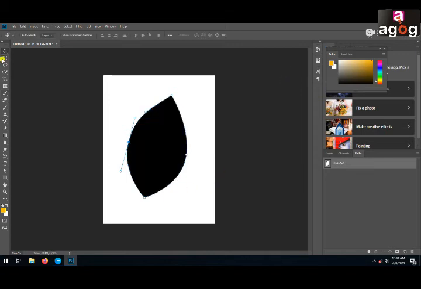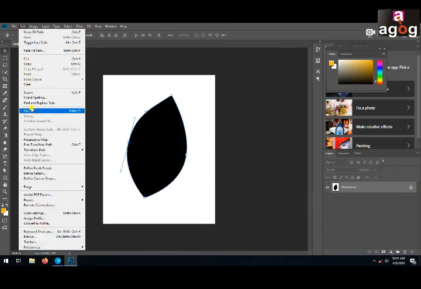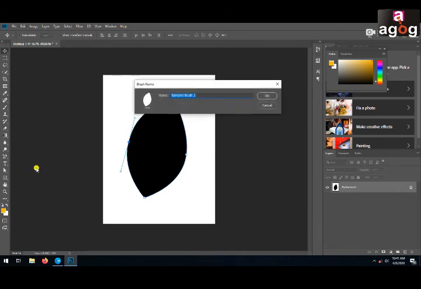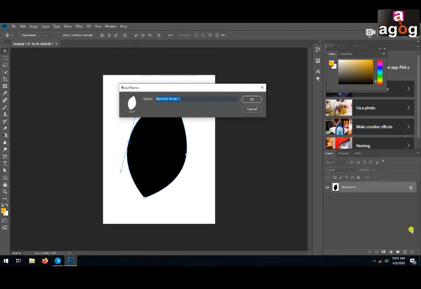Okay, I have chosen black. Now go to Layer, you can see your shape. Now go to Edit, Define Brush Preset, give it a name.